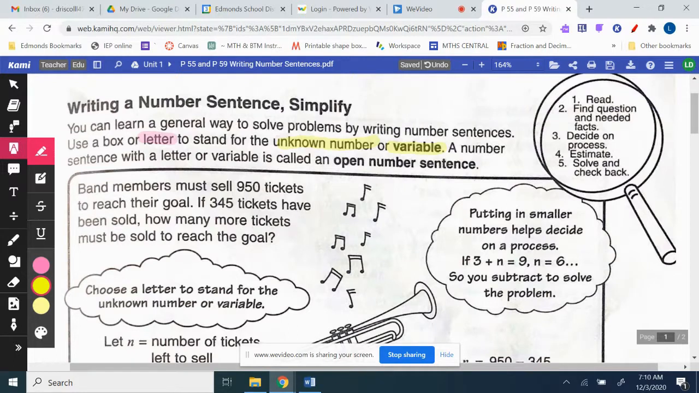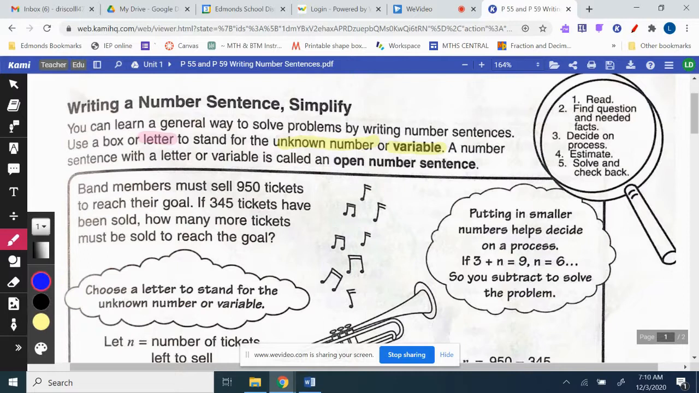A number sentence with a letter or a variable is called an open number sentence. That's not as important vocabulary as a variable is an unknown number. We don't know what it is, and usually we assign it a letter. So let's see how they're going to do that